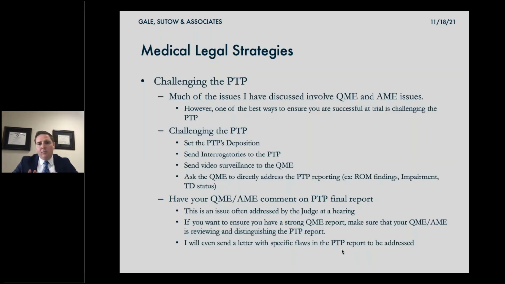And then my final one I want to point out, since we're running out of time here, is to challenge the PTP. If you get a PTP report in, set that doctor's deposition, send interrogatories, send the report to the QME. Make sure that you're not just going blindly in with a PTP report that's reviewed your QME, but you haven't had the QME address it.